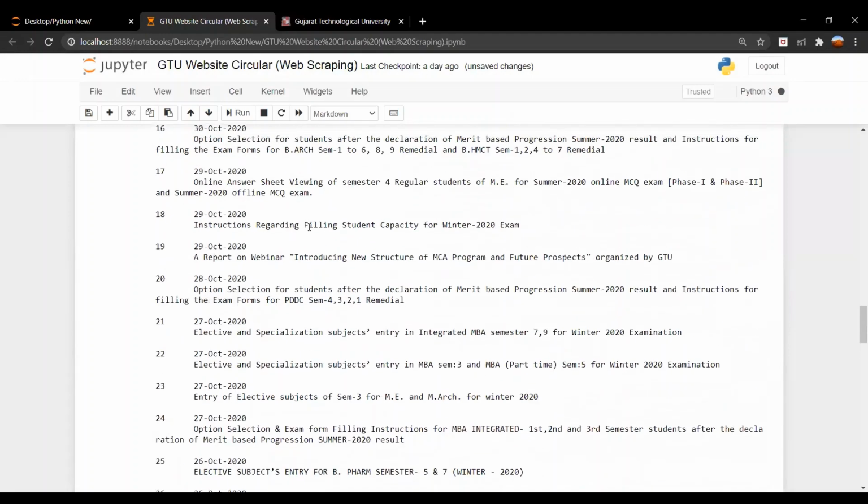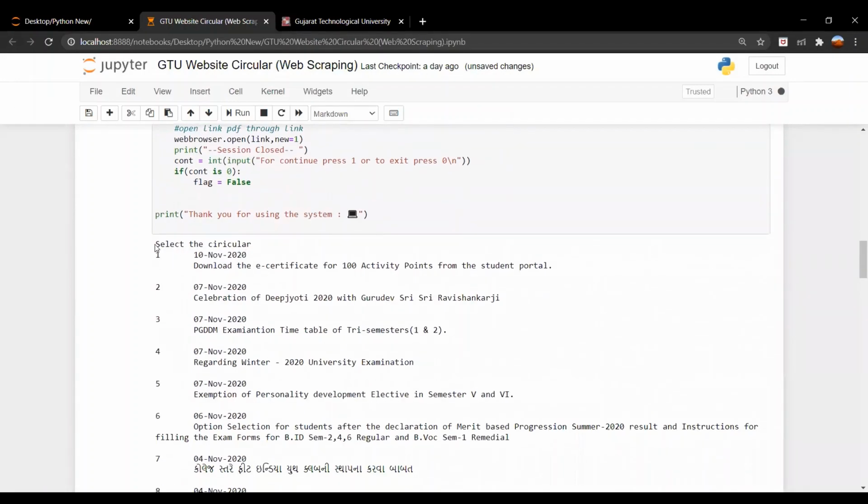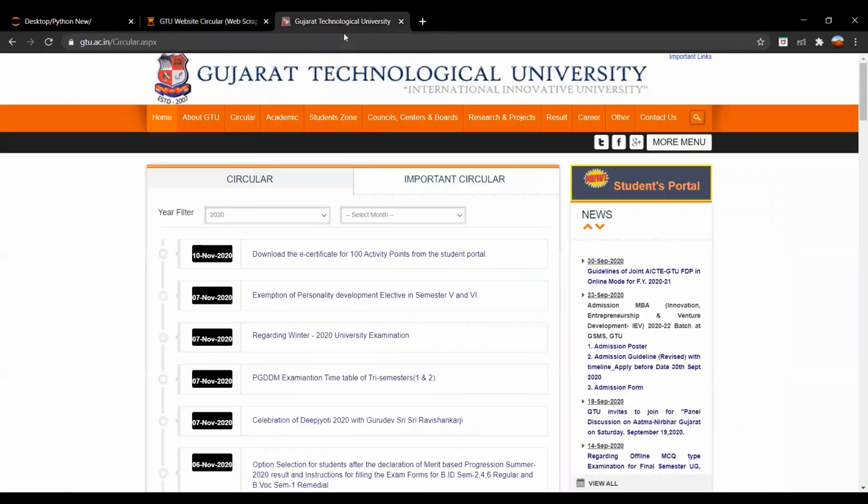Over here we can see that we have asked the user to select the circular based on the information that we have provided. First, we have provided the date on which the event was held, and then the particular text, so that the user will get the link that is placed on this GTU website.